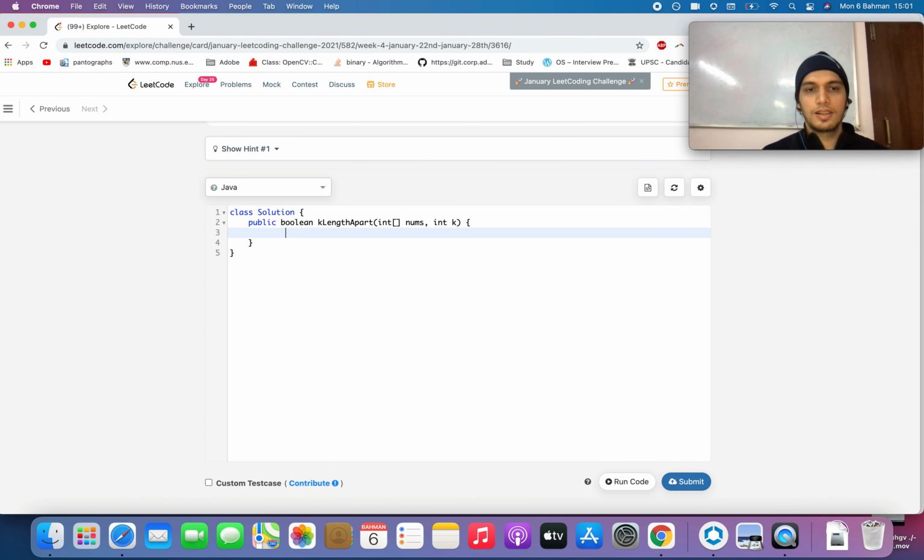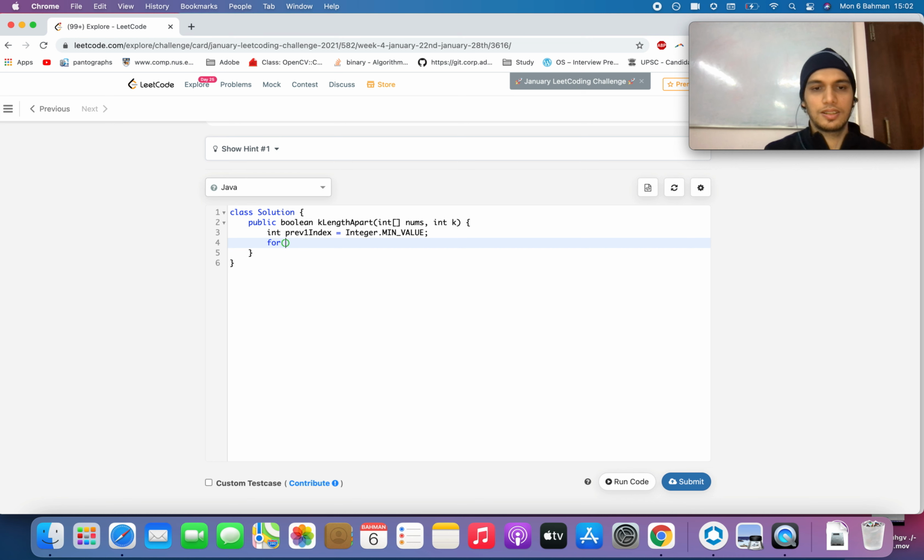The variable previous one index equals Integer.MIN_VALUE. That will help us know whether it is the first one in the array or not.